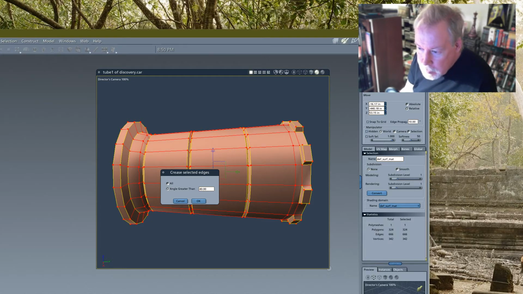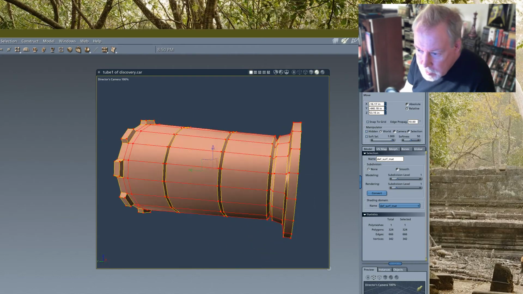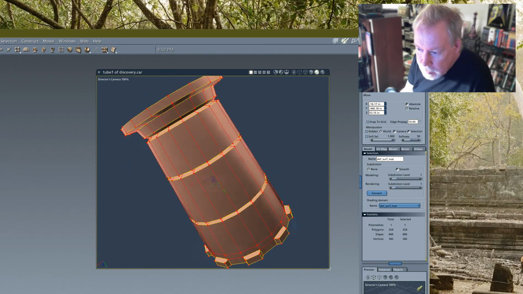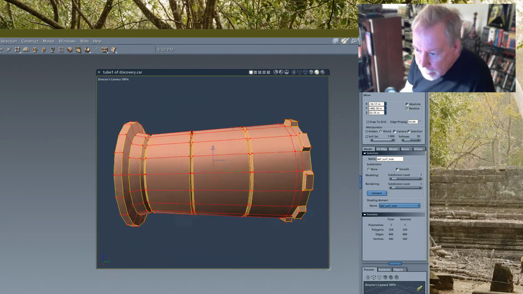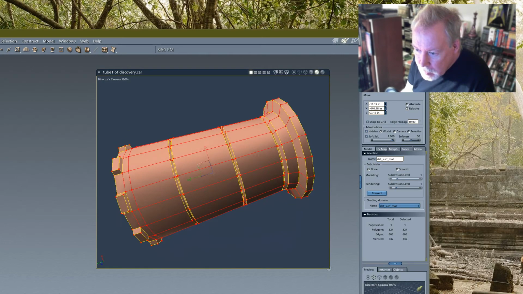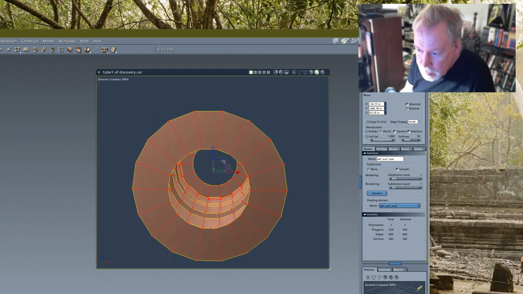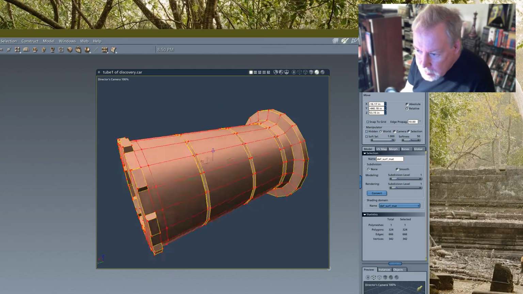Like I said, I haven't used this program forever, and I don't know all the weird things it can do. I'm just in here to crease. I don't use Carrara for modeling at all. I use Hexagon for modeling. It is a, what do they call it? It's the opposite of a beast. It is something to behold. It is a beauty to behold, Hexagon is. At least the version I use.